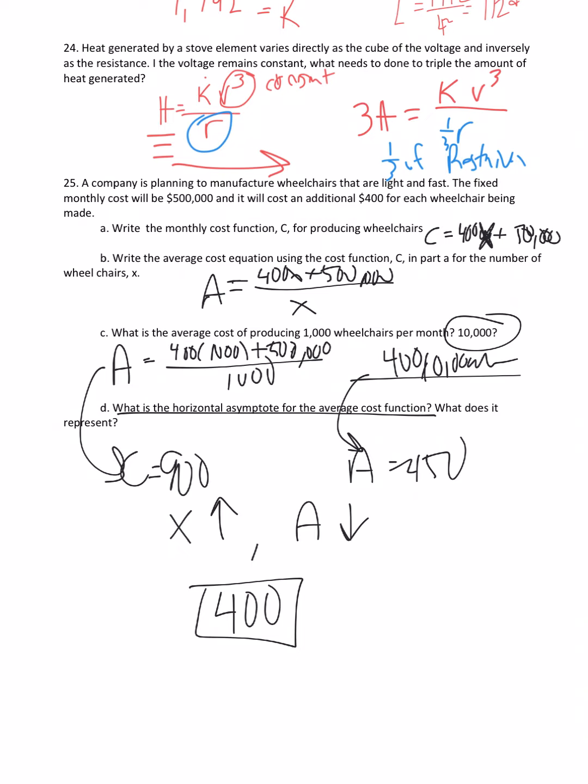The idea is if I make enough wheelchairs, it's going to basically eliminate the monthly cost, because that $500,000, instead of being split between making 100 wheelchairs, is now going to be split between what it costs to make 1 billion wheelchairs. So what happens is the constant goes away, and so the horizontal asymptote in this case represents the cost of the wheelchairs